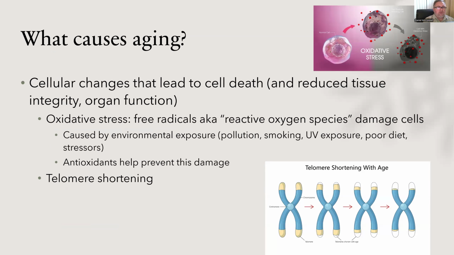We're going to start here with the causes of aging, and we're going to keep it fairly simple here, but mainly we're going to focus first on cellular changes. So there's two types of cellular changes worth talking about. The first is called oxidative stress. So what's happening is there are molecules in the body called free radicals. More technically, they are called reactive oxygen species. And so what are they doing here? They are oxidizing cells in our body.